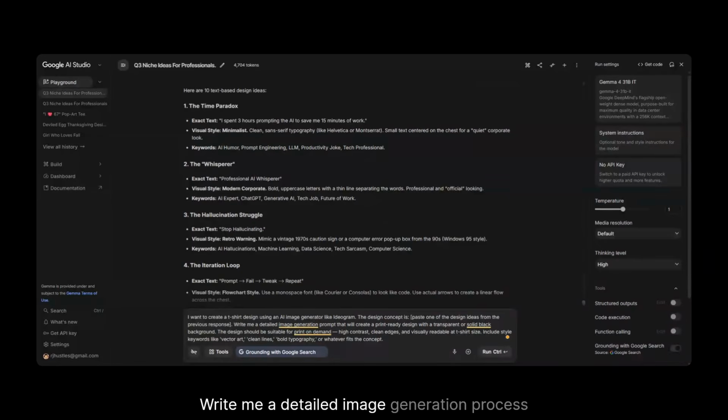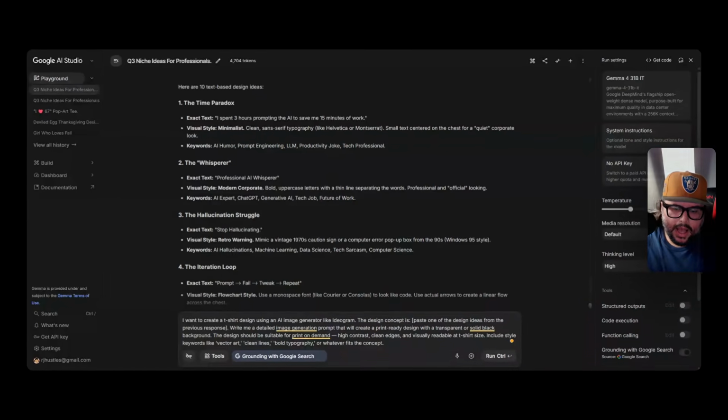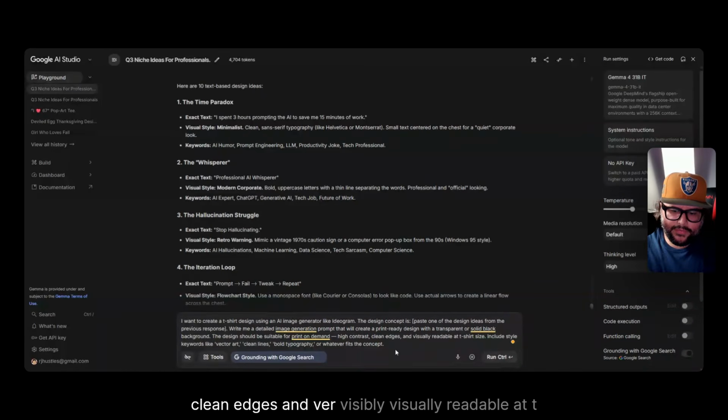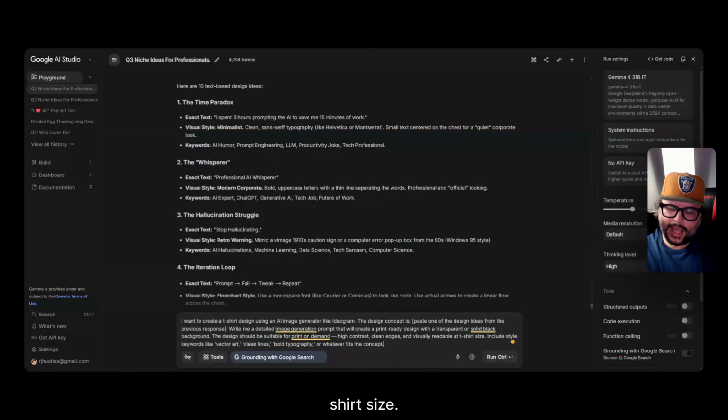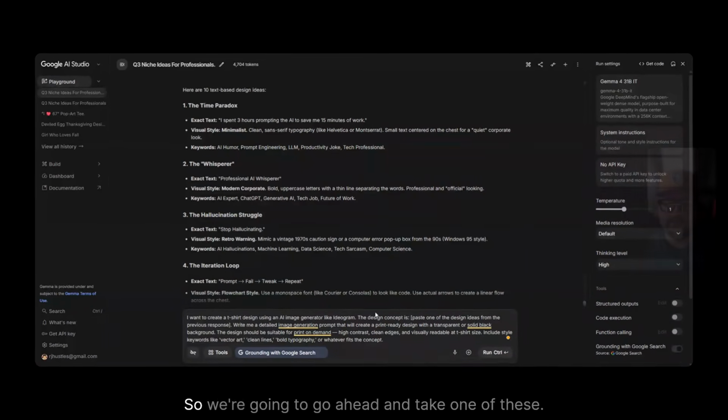Write me a detailed image generation prompt that will create a print-ready design with a transparent or solid black background. The design should be suitable for print on demand, high contrast, clean edges, and visually readable at t-shirt size. Include style keywords like vector art, clean lines, bold typography, or whatever fits the concept. So we're going to go ahead and take